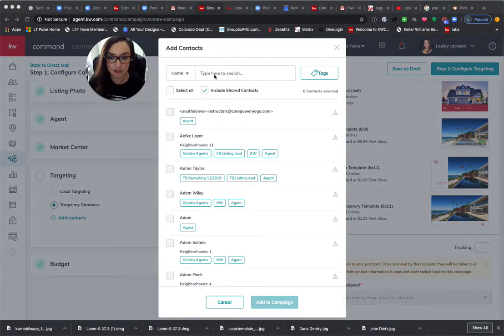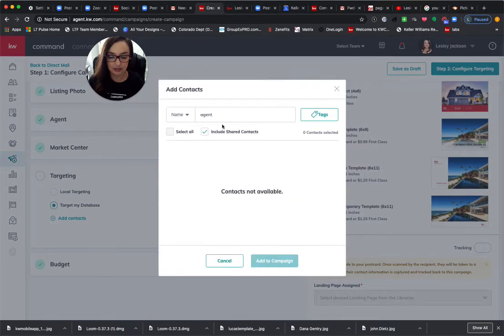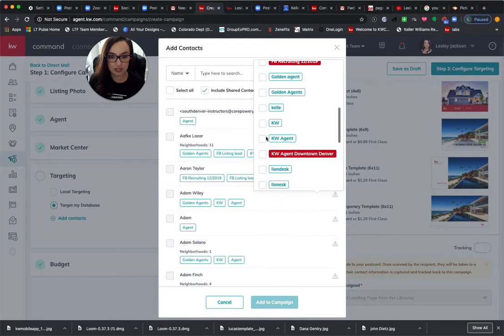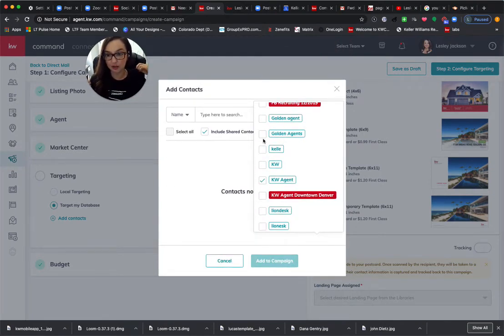Let's move my picture here. You could select all of your contacts, or I could search by custom tags, meaning if I were to come in here and search the tag that's called agent, then it's going to show all those people who are tagged that way. So that's pretty sweet. Oh, there it is. Okay. So I could just say, you know what, I just want to send this to all the Keller Williams agents in my